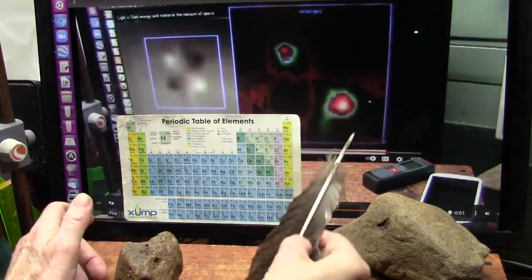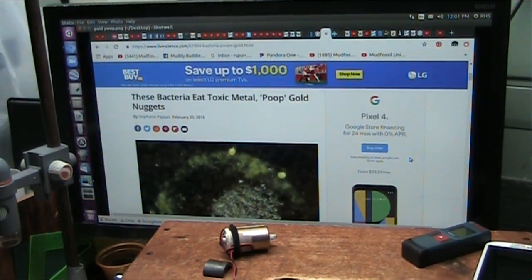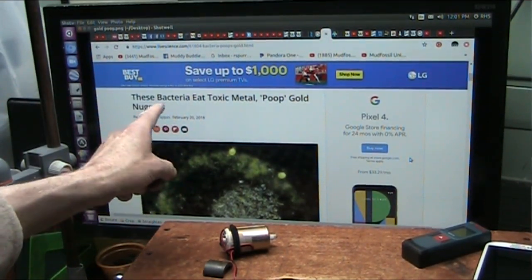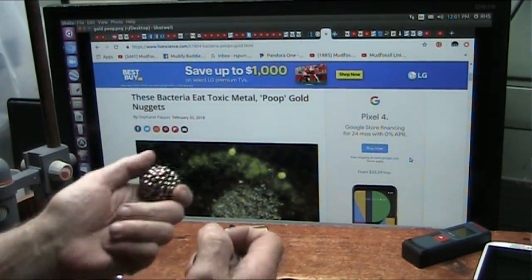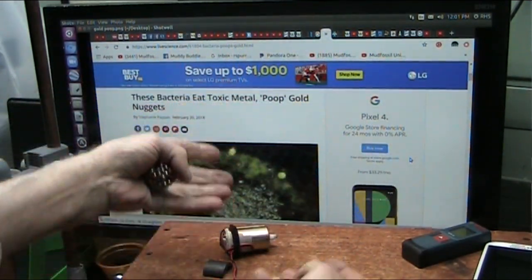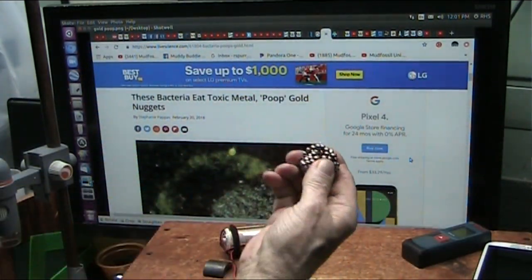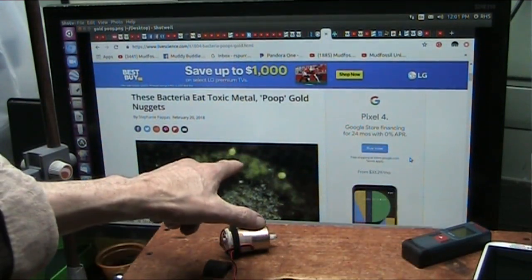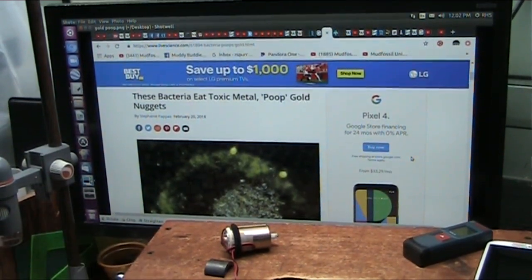Now, bacteria can do this. All right, see, this will take us to a lot of strange turns. But these bacteria eat toxic metals and they poop gold nuggets. So they're taking their little particles out and reducing these heavy toxic metals down to gold because they've digested a part of that nucleus of that particle, creating a new element. And they say, oh, this was all made at the Big Bang, or you can't make any more of this stuff. No. Bacteria makes everything. They make as much as you want if you have the right bacteria.